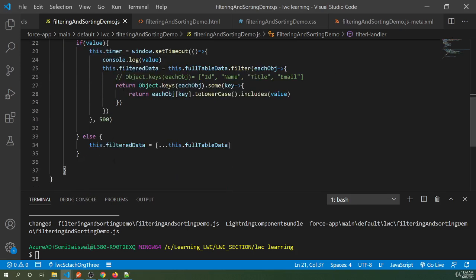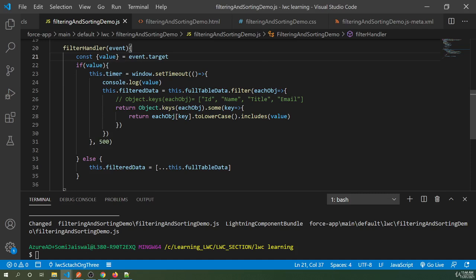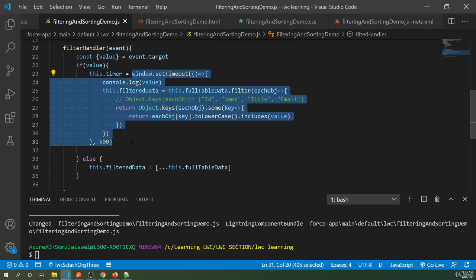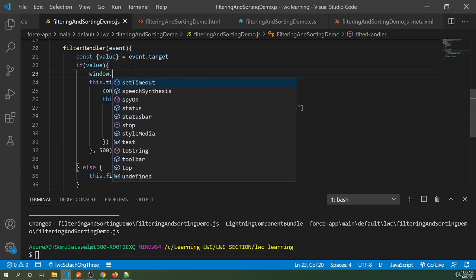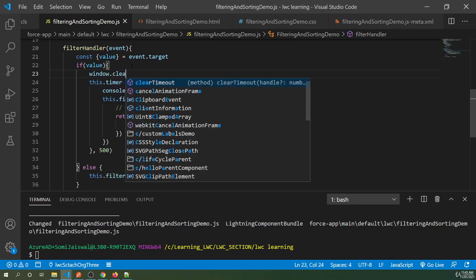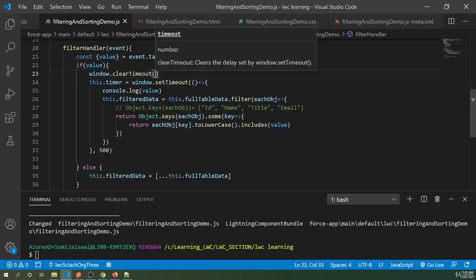And what we want is, if you type, suppose, a first, it immediately starts the setTimeout, but immediately you type the next character b. I want to cancel this timeout and run a new timeout, and to cancel that we have another trick, window.clearTimeout and the timer function reference,